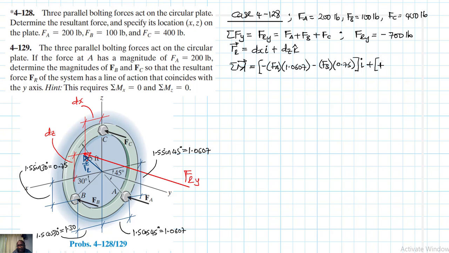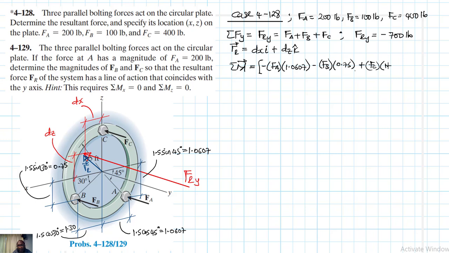So we'll have FA by the lever arm, which is 1.0607, and then we have negative from FB. Oh, sorry, there is an FC there also. FC is participating. How did I forget about FC? FC is causing a positive, so we'll have FC